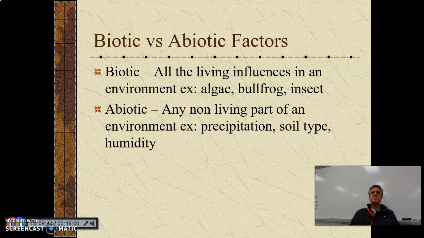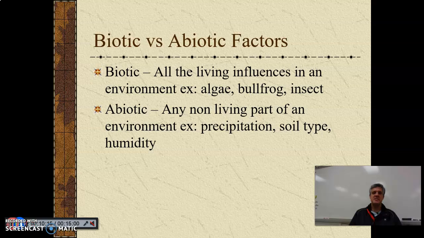I want you guys to be responsible for these two terms, okay? Biotic and abiotic factors. So in ecology, these are how interactions take place amongst, when I say biotic, I mean living things, and when I say abiotic, I mean non-living, okay? So you should be able to look at a picture or maybe go outside and be able to pick out all the biotic factors in an ecosystem and all the abiotic factors in an ecosystem, okay?